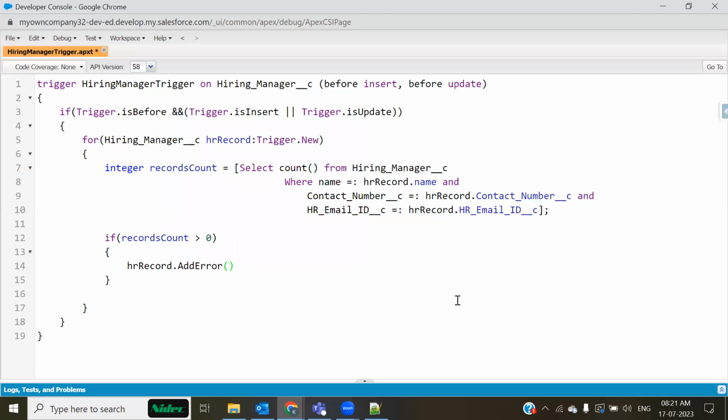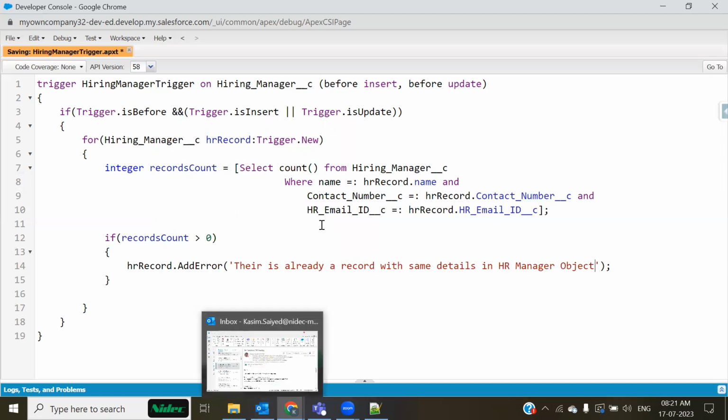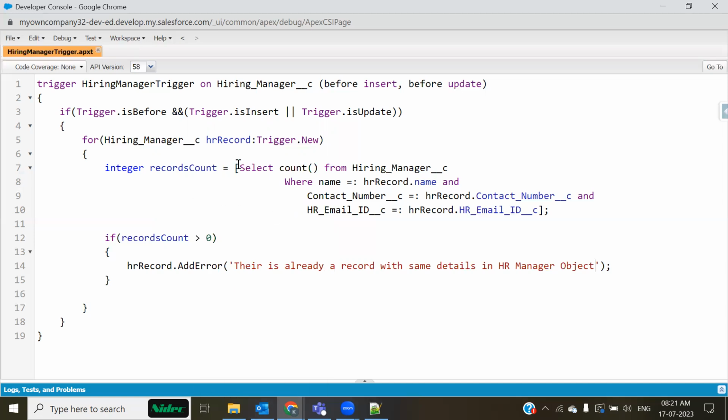HR रिकॉर्ड डॉट एड. और यहाँ पर हमें कस्टमाइज मैसेज जो है प्रिंट करके देंगे. क्या लिखना, there is already a record with same details in HR manager object. ठीक है। या आप जो भी कस्टमाइज मैसेज लिखना चाहते हो, डुप्लीकेटेड रिकॉर्ड ऑलरेडी फाउंड, ऐसा कुछ भी जो भी आपको सही लगता है, आप एक मैसेज यहाँ पे दे सकते हो।